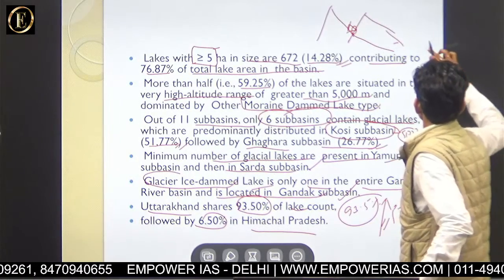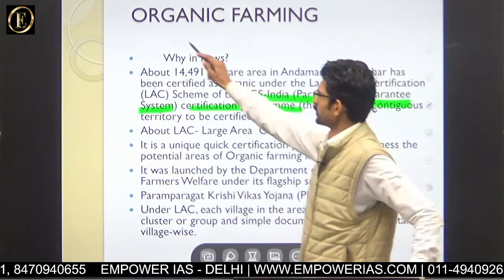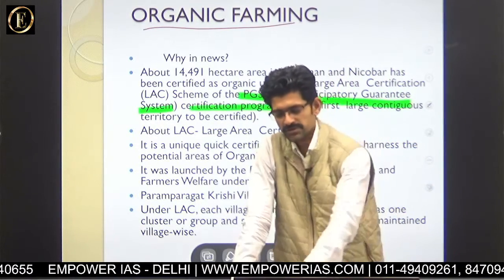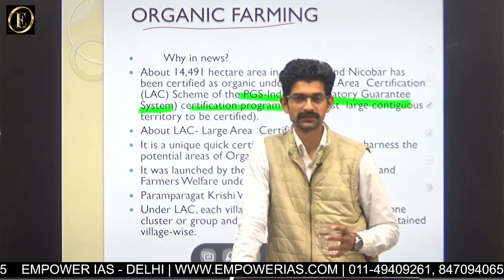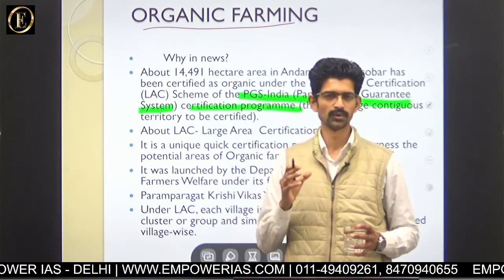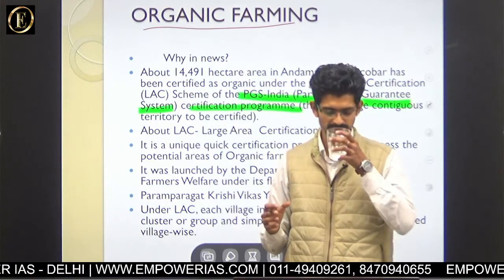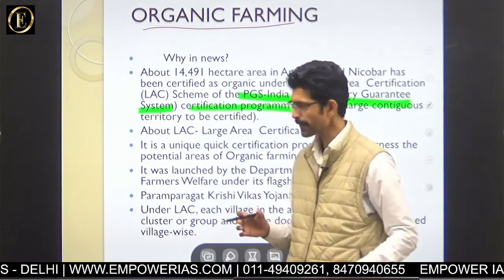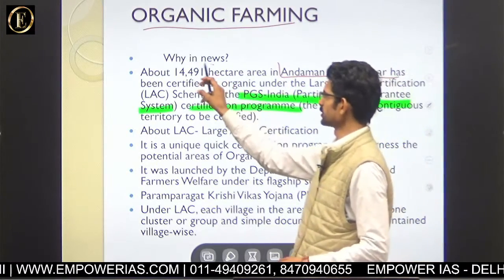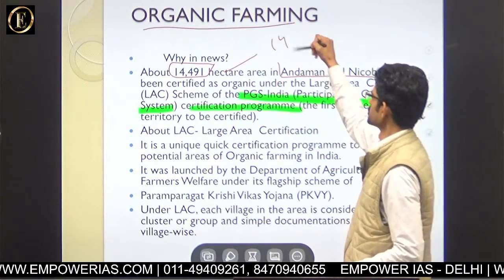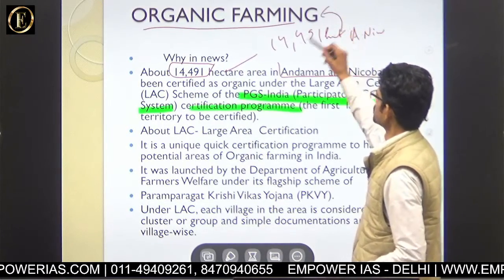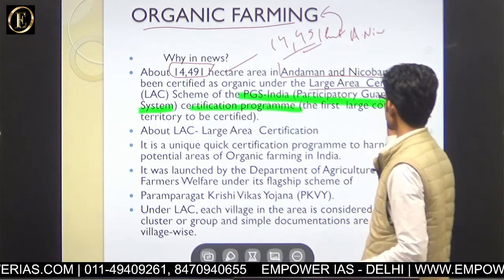Now next part is organic farming. So government policy initiative goes for large sector of organic resources, in which we found that organic farming is done at various levels, which are chemical free and less hazardous for the soil as well as the crop produced, and more qualitative for their consumption at various levels. Now LAC area in Andaman and Nicobar has 14,941 हेक्टेयर, 14,941 हेक्टेयर का एरिया अंडमान एंड निकोबार में ऑर्गेनिक फार्मिंग यूज हो रहा है, and that is largest area certification